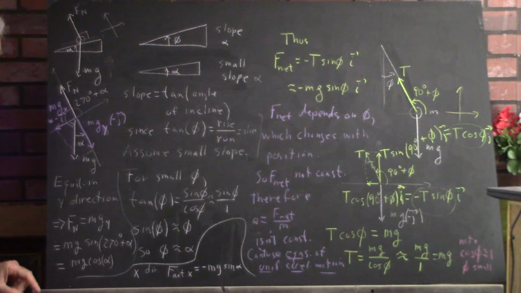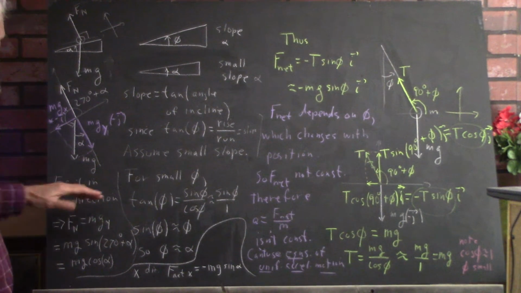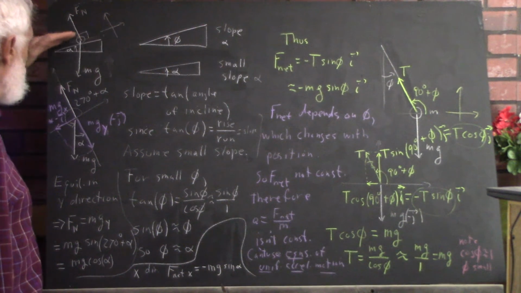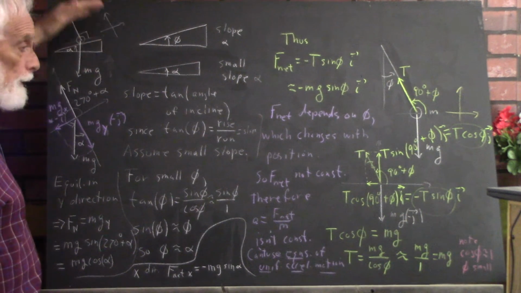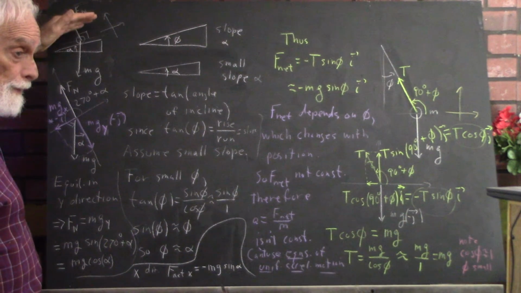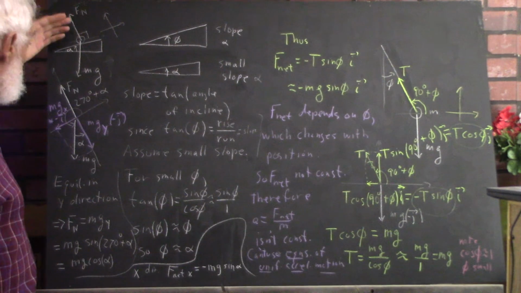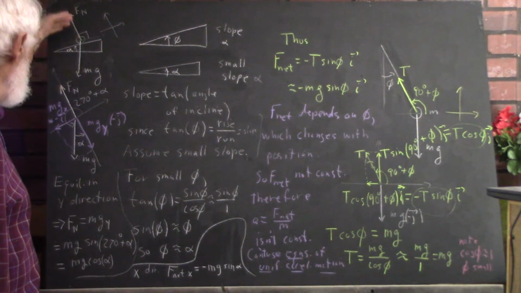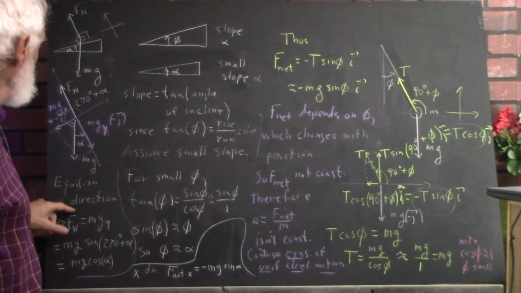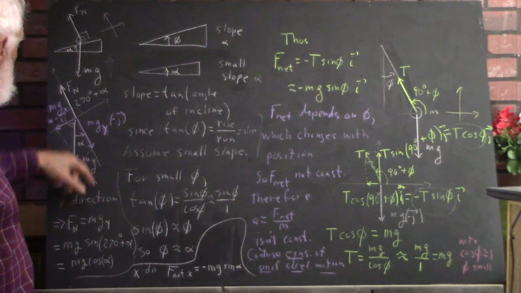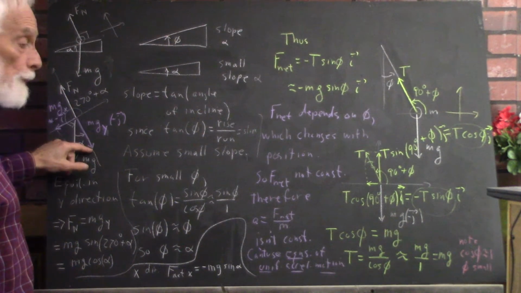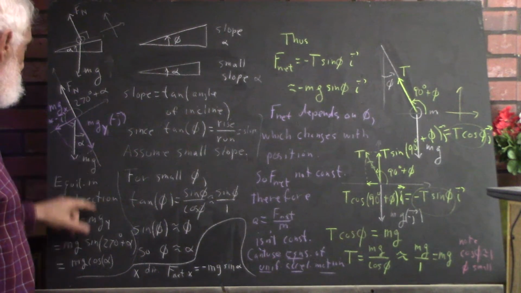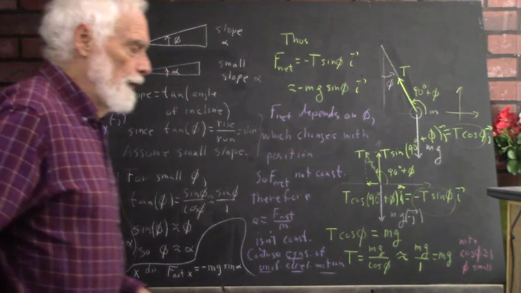Equilibrium in the y direction, well, we do have equilibrium in the y direction. Why is that? Because the ball moves along the x-axis. It's not accelerating, it's not even moving in the y direction. Equilibrium means you've got zero acceleration. So we have equilibrium in the y direction, but not, of course, in the x direction. The equilibrium in the y direction implies that these two forces be equal and opposite. So the magnitude of the normal force is going to have to equal the magnitude of gy, and I've got